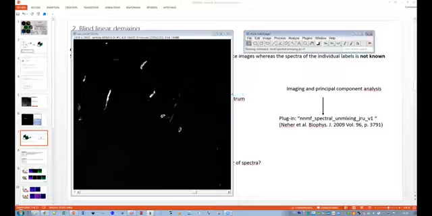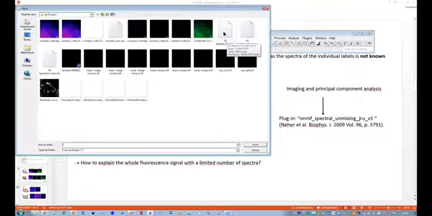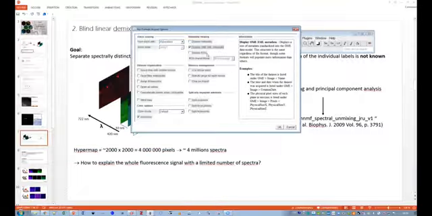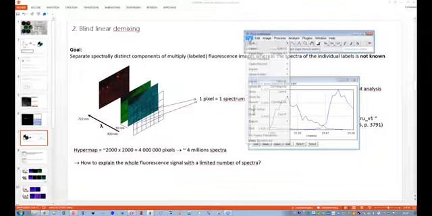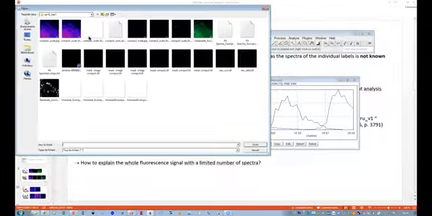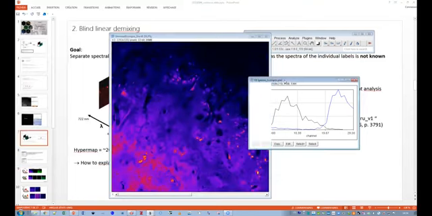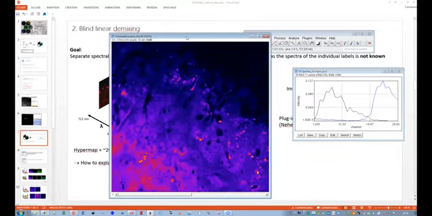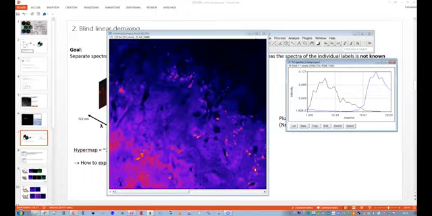But here are the results. So for 2 compounds, I obtain these eigenvectors, and I obtain these eigen images. So first of all, maybe for the eigenvectors,